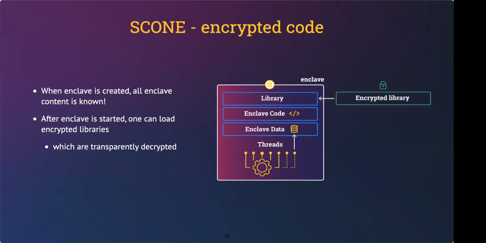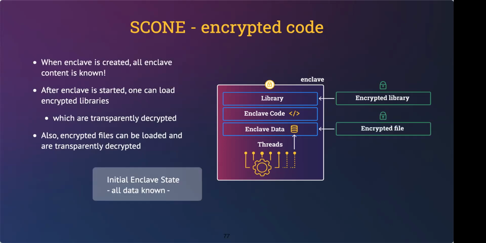If I would have that encryption key, I could have, say, encrypted code by having an encrypted library on the outside, and I start my enclave and then I later on load that encrypted library. I could also have encrypted files that I load in, with my data in, so I can later on get more secrets into my enclave via files, libraries, but still I need some secret inside my enclave to be able